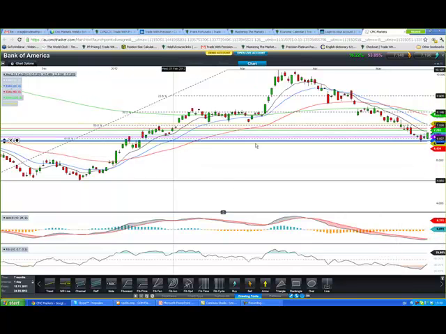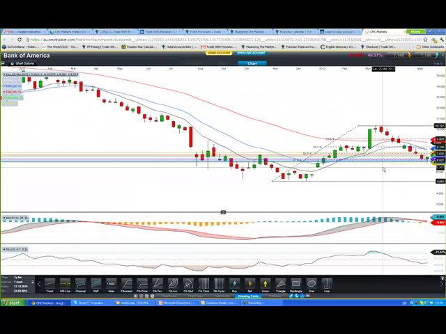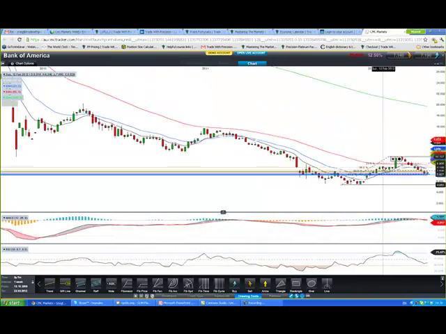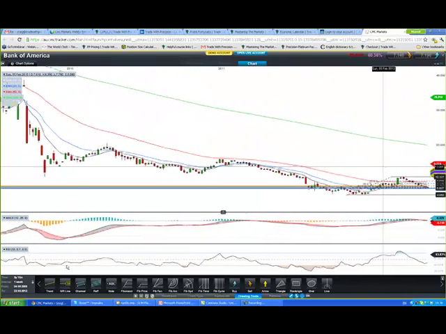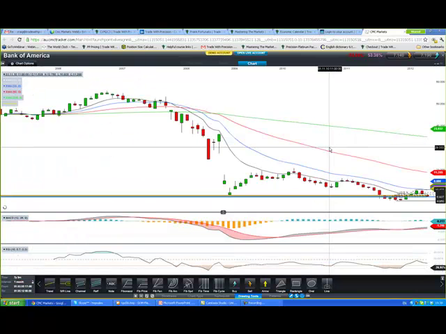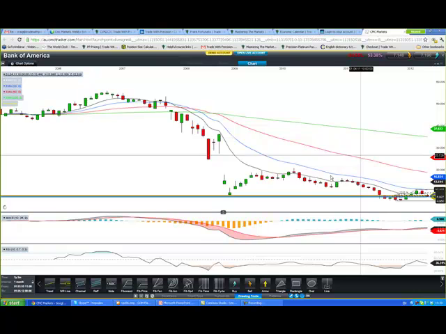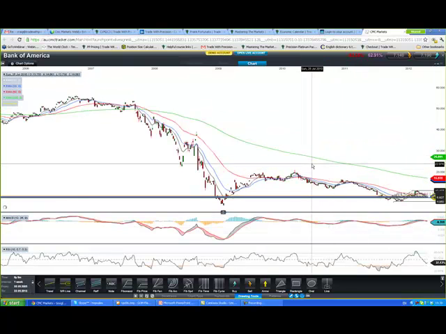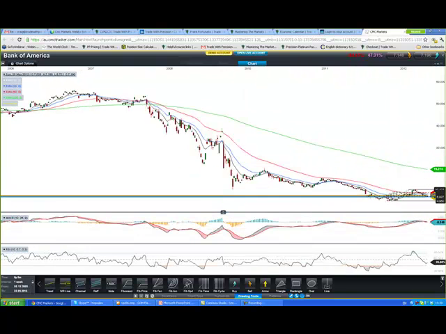It's a lovely cluster. You've got some really good things all coming together here, and it's definitely one of interest. Let me just go all the way out to the monthly and see what that looks like as well. Yep, we do. There we go. So the monthly still looks like we're just in a downtrend. Well, that's enough on Bank of America.